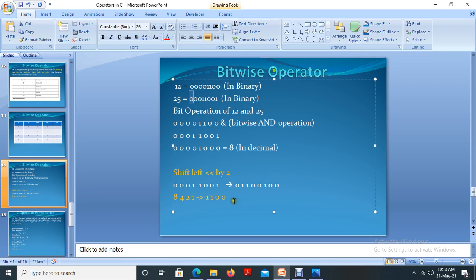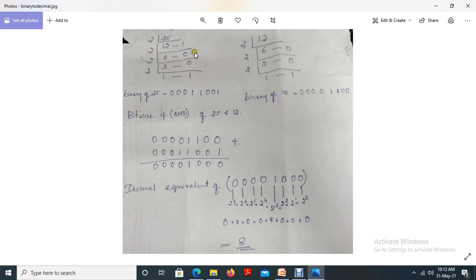For calculating this 8-bit binary value, we can't take the value like this. For that we have a separate calculation procedure. In the case of 25, we divide 25 by 2. 12 twos are 24, remaining 1, so we put 1 here. Then divide 12 by 2, we get 6, remainder 0. Then divide 6 by 2: 3 twos are 6, remainder 0. Then 3 divided by 2: 1 two is 2 and remaining value is 1. So this is the result.